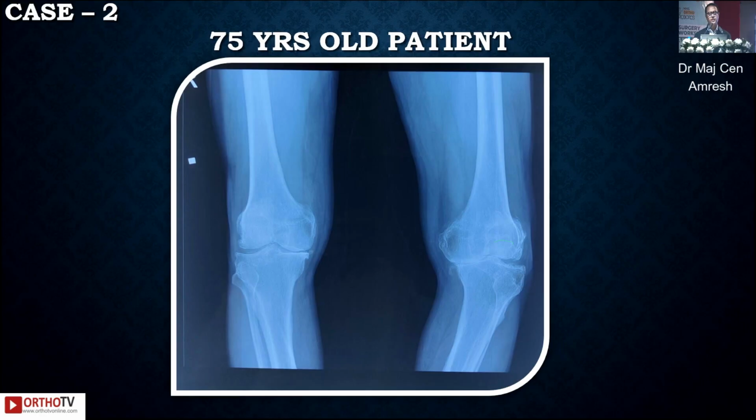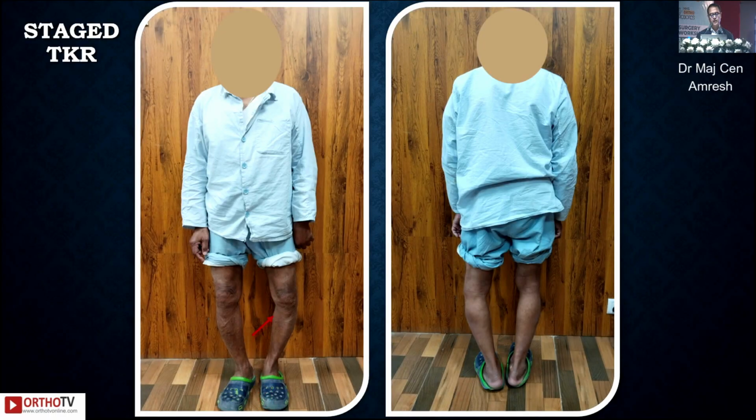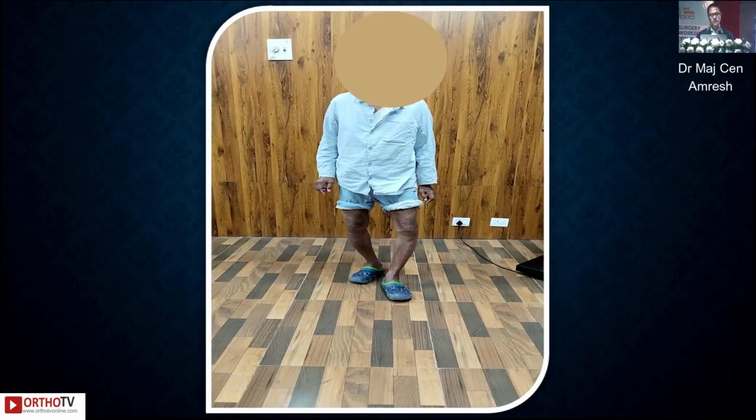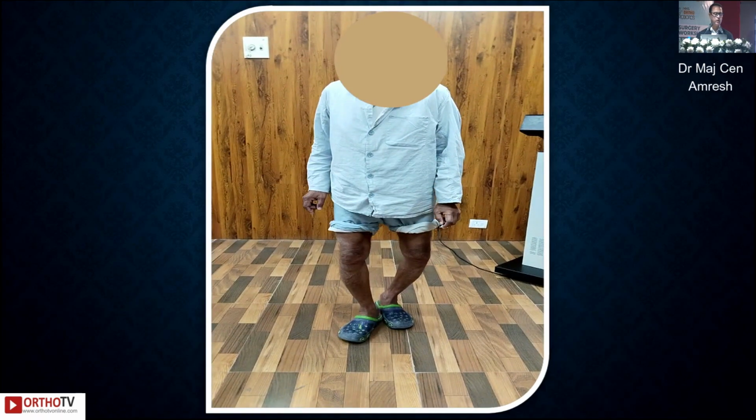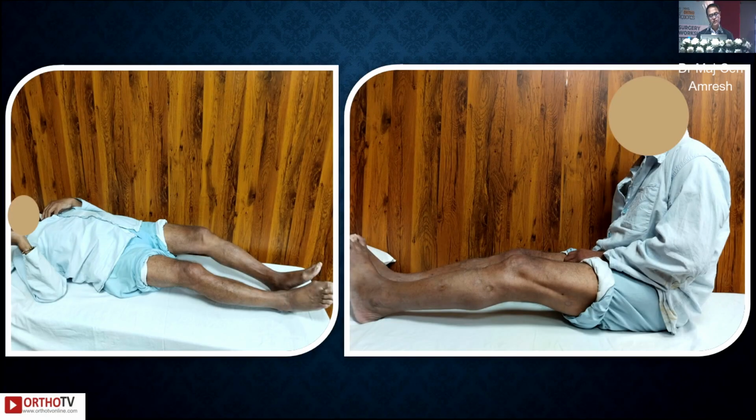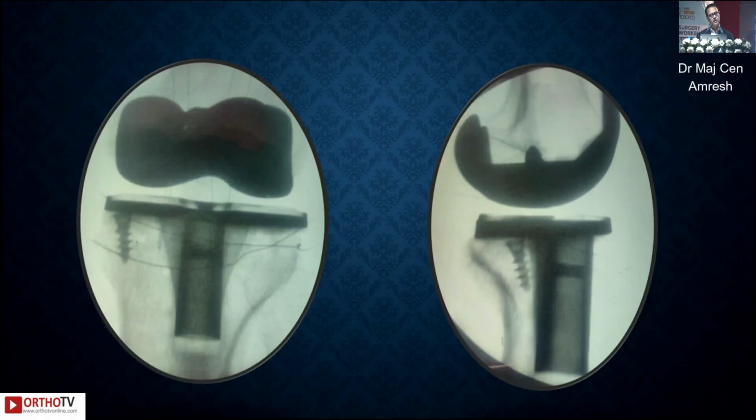Now, this is yet another patient, 75 years old. Here, the arthritis doesn't seem to be as advanced as the previous case, but nevertheless, the patient deserves a knee replacement. Once again, barely able to ambulate independently without any walking aids. Flexion deformity on the left side as well as the right side. Left side is more, right side is comparatively lesser. Taken up, total knee replacement done. A 6.5 cancellous screw is all that is used to overcome the bone defect on one side.